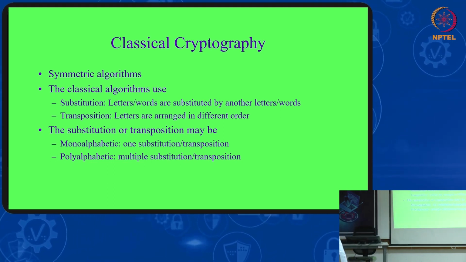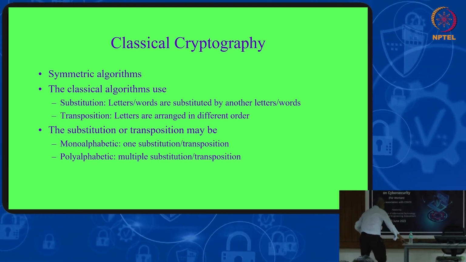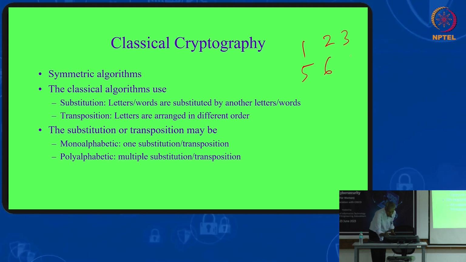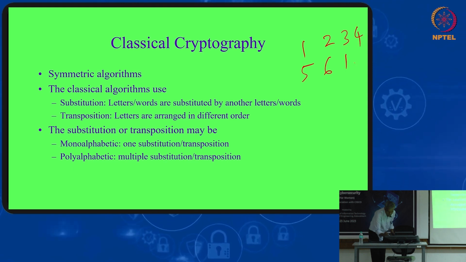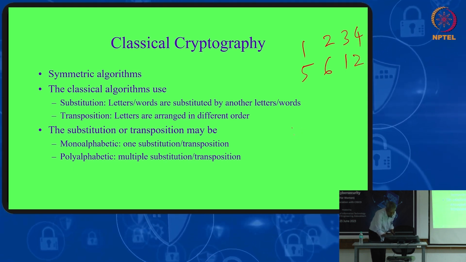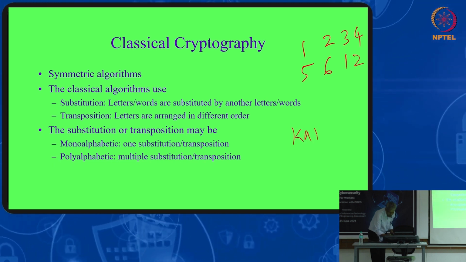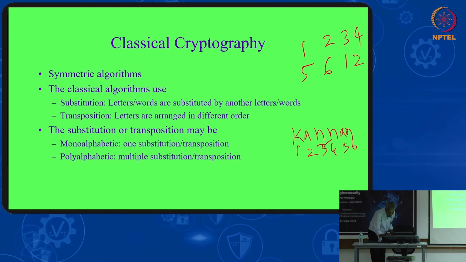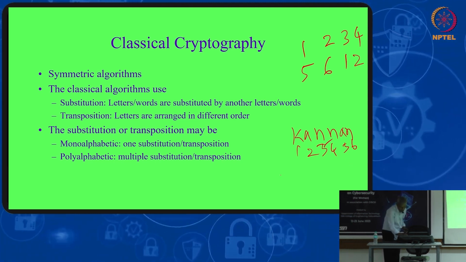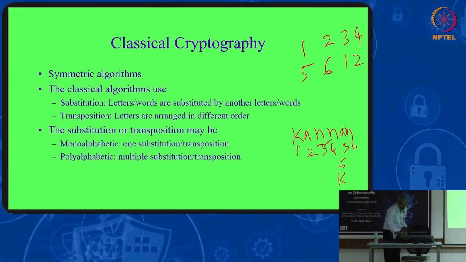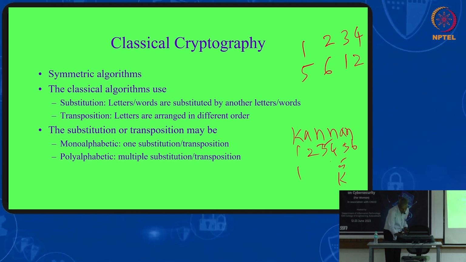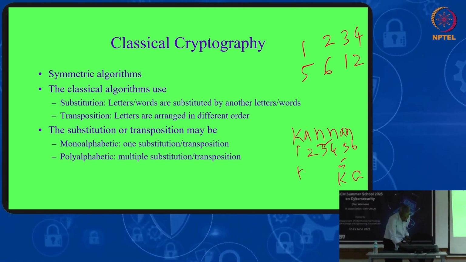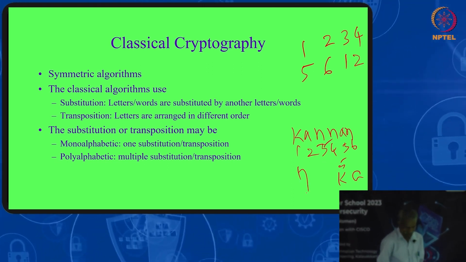If I write the permutation in this way, 1 goes to 5, 2 goes to 6, 3 goes to 1, 4 goes to 2, like that. If I write it like this, 1, 2, 3, 4, 5, 6, if I want to encrypt, 1 goes to 5, that means K will be coming to 5th place in that decryption. So it is coming to 5th place. 2 goes to 6, that means A comes here. 3 goes to 1, that means N will come here. Like this, if you are changing, that is only